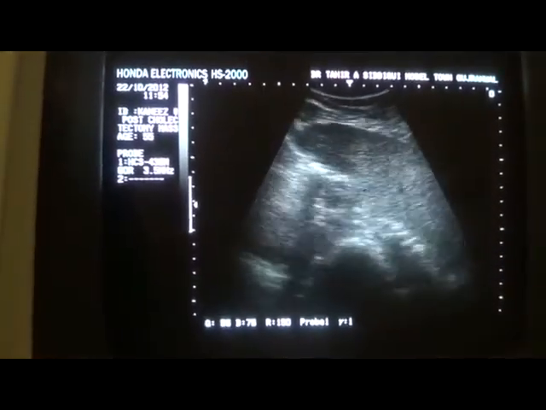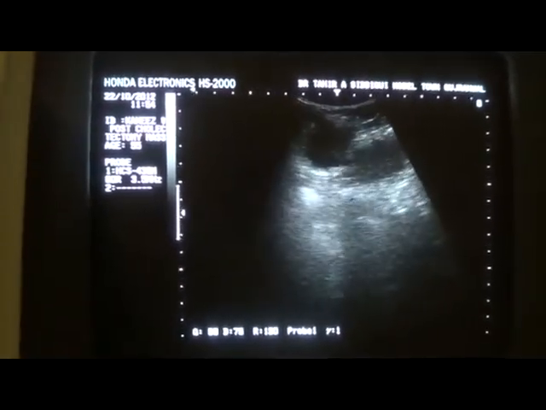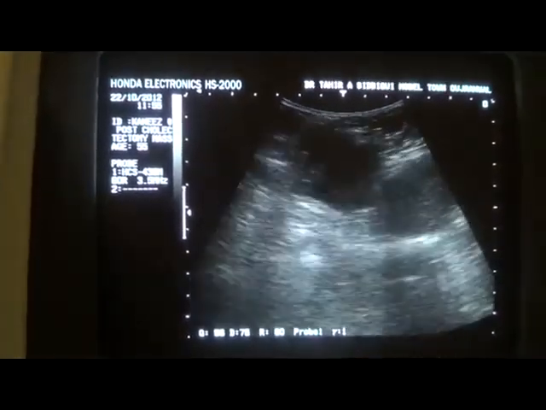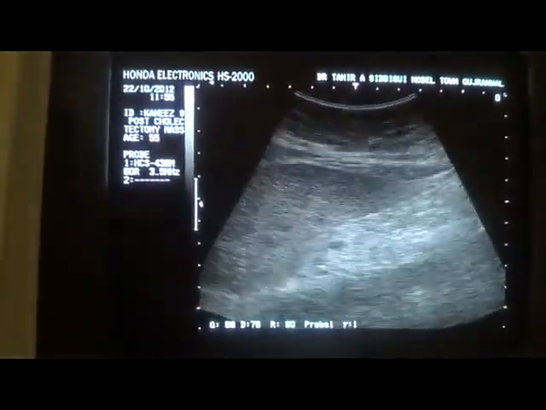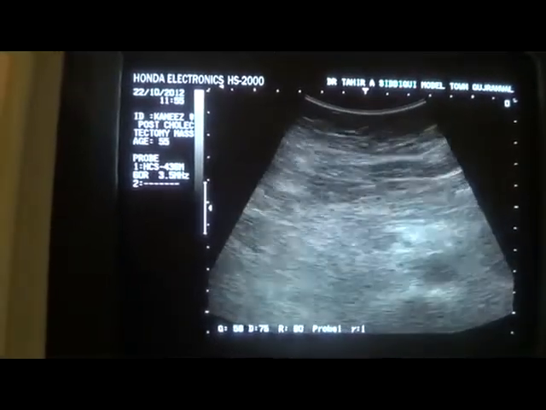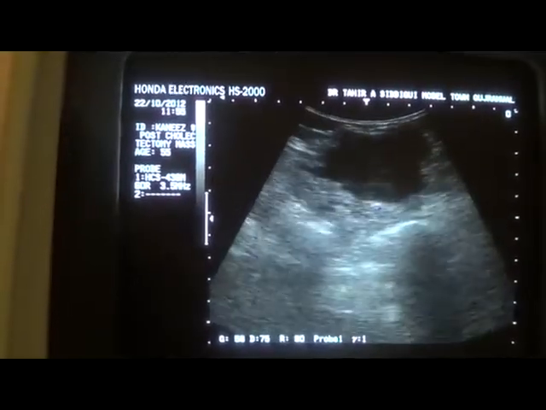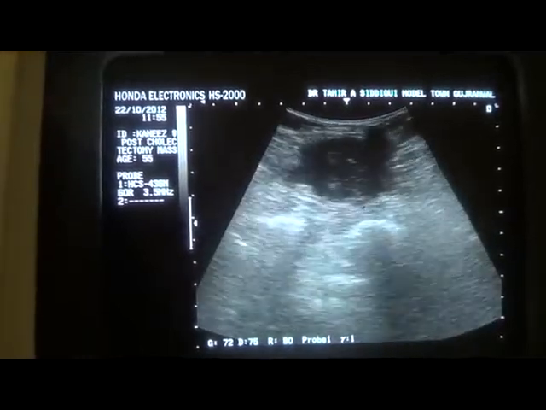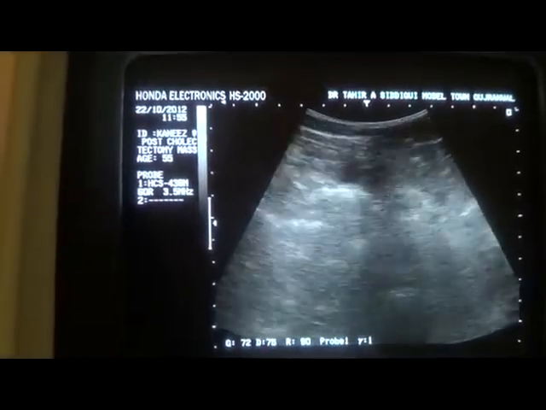And here comes the mass. This mass is not relating to the liver, to the pancreas, or to the kidney. Gallbladder has been removed surgically. It is not relating to the retroperitoneal region. Rather, it is in the subcutaneous tissues, and just below the skin, it extends posteriorly up to the